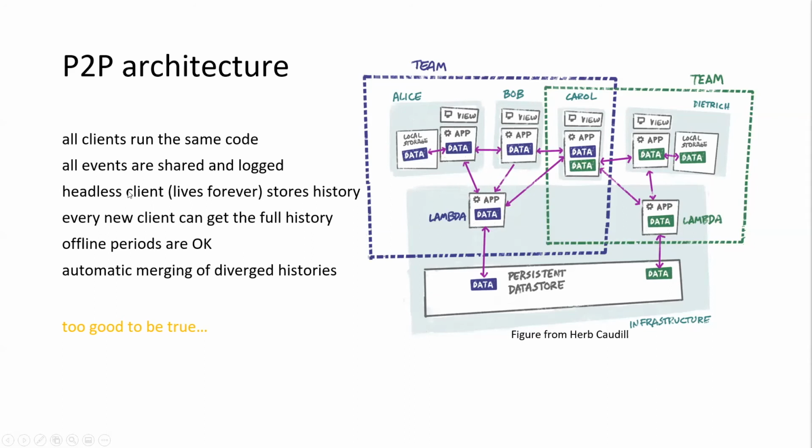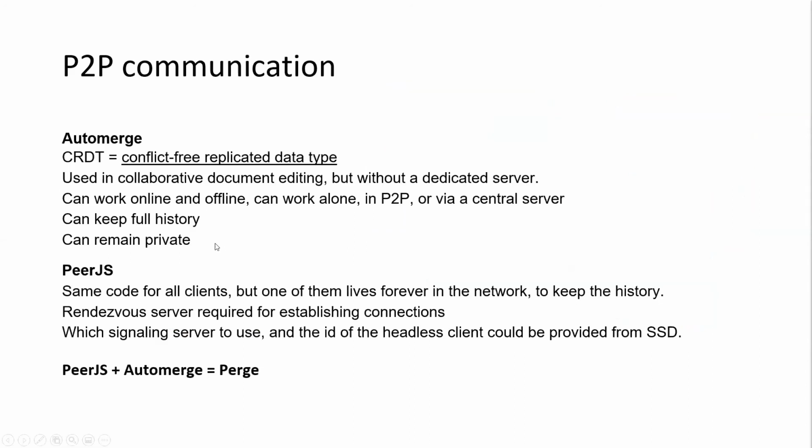So this headless client is also implemented now in Sparkle. You can try it out. There is a special mode how you can start this one in headless mode, and then that one will have the basically is only there for bookkeeping. It will store the application state and share it with the others, and this is how they are kept in sync. We use this AutoMerge library together with Peer.js, and all this together they are bundled in this Peer.js library, Purge library.